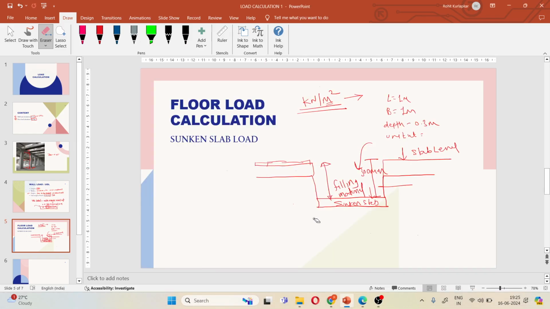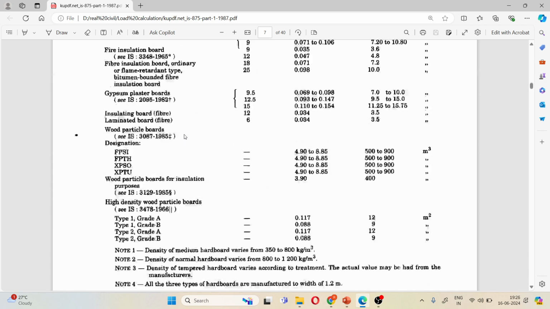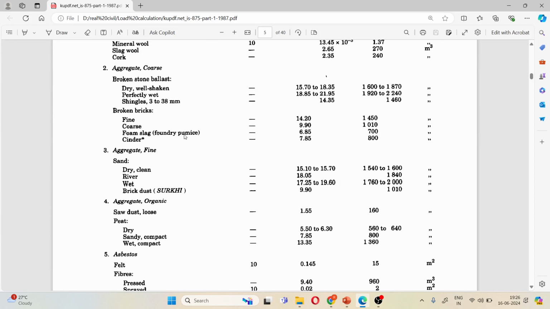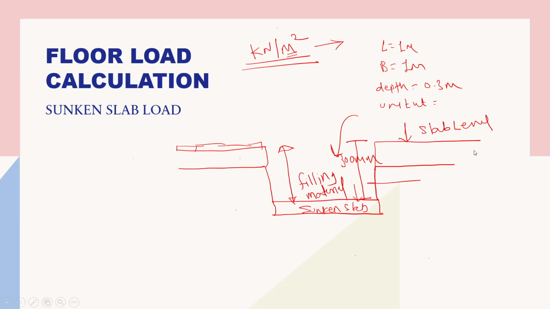Where will you get the unit weight? Again, the same code you have to open. Here you can see broken bricks, and here you can see cinder. The unit weight is 7.85, so using this code we will take the unit weight as 7.85. How to calculate the sunken slab load in kilonewton per meter square?